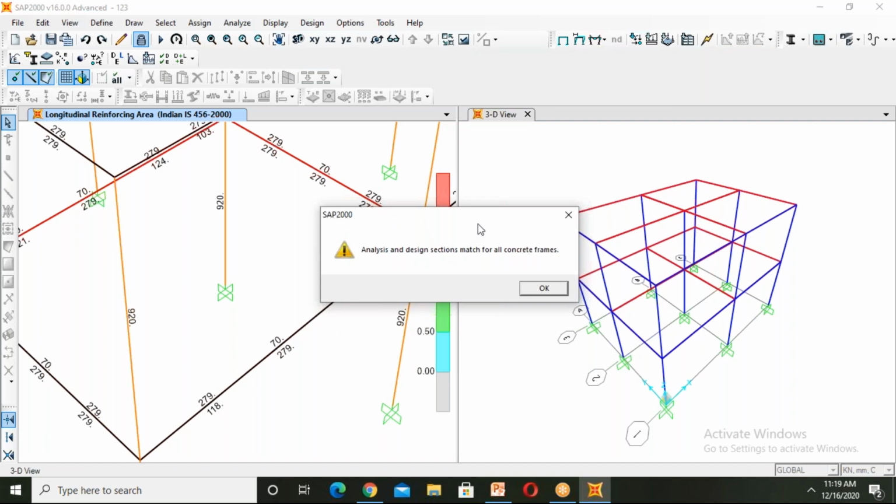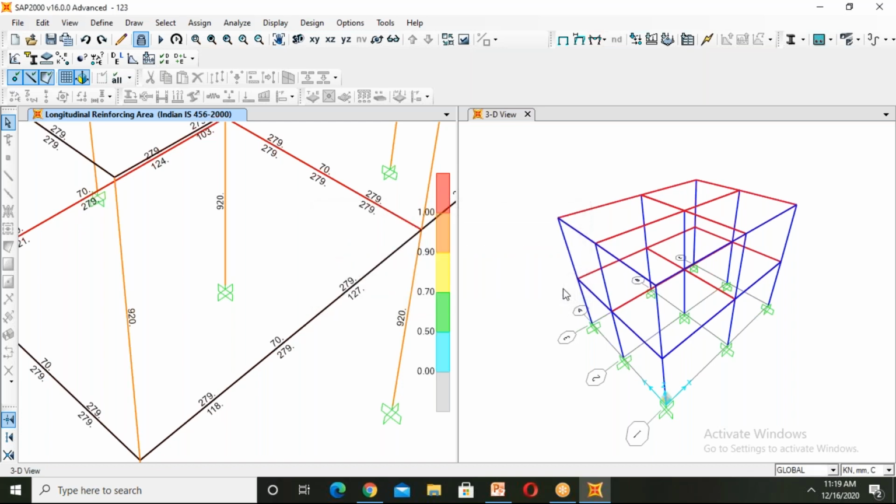If the analysis and design sections don't match, then it will show a pop-up where the beams have failed. Click on OK. If the beams have failed, either we should increase the reinforcement or we should increase the width or depth dimensions of the beams or columns.